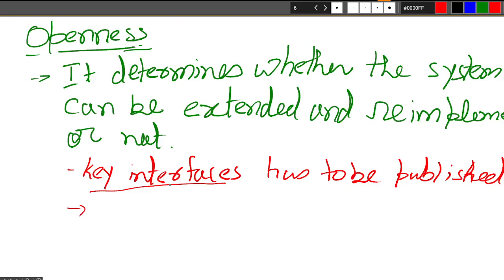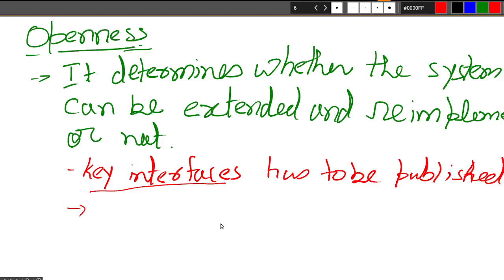So if you want to make your system open, so it can easily be extended or re-implemented, for that purpose you will have to publish all your key software interfaces, so that other new systems can be implemented, or all of the nodes can implement using the same interface.